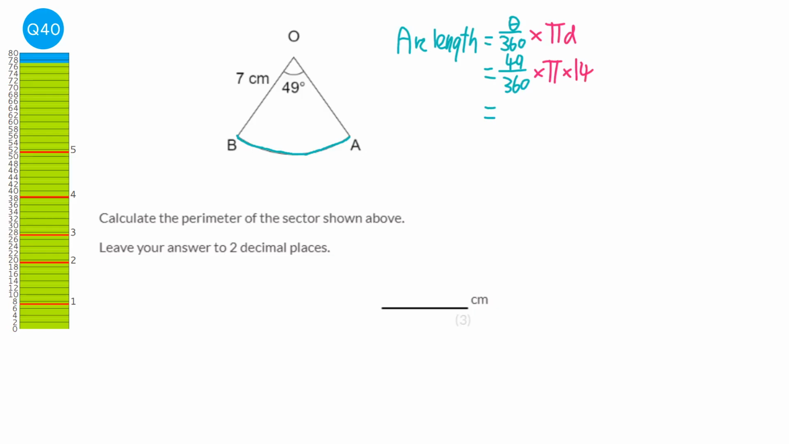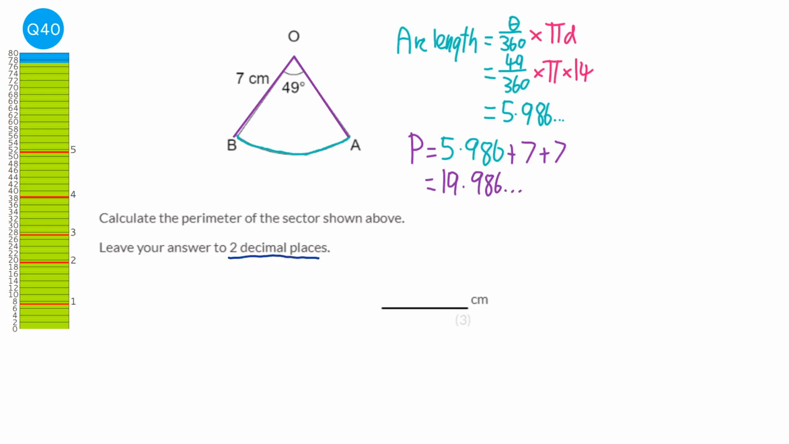When we do all of that, we get 5.986, and so on. But that is not the perimeter yet. Perimeter needs to include these parts here. So the perimeter will be the 5.986 plus a radius plus another radius. And when we do that, we get 19.986, and so on. And we want to round it to 2 decimal places, so that will be